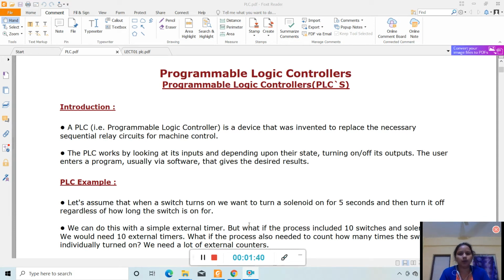If the water level is below 50%, then we need to open that inlet valve more, so that more water will enter the tank. And if the water level is more than 50%, then we need to close the inlet valve and open the outlet valve. So for controlling the water level at 50%, we need to control the inlet valve and outlet valve.